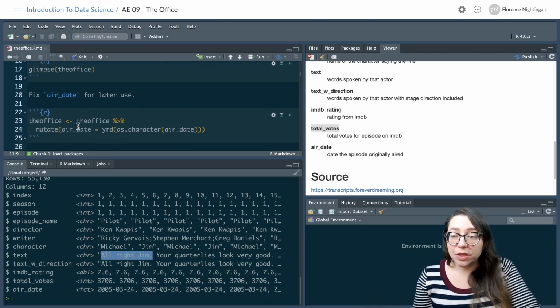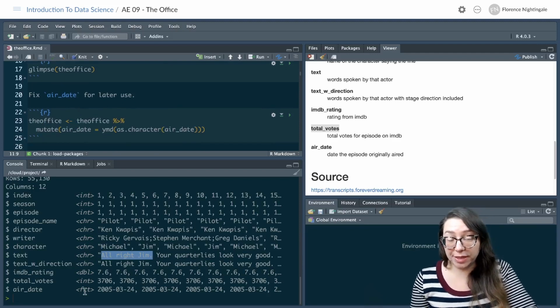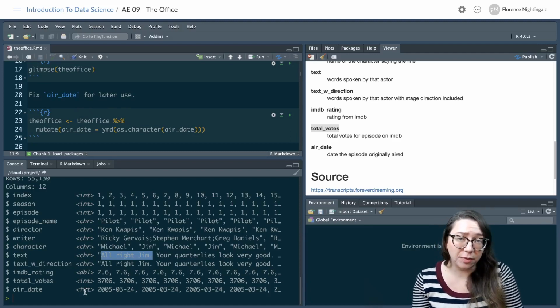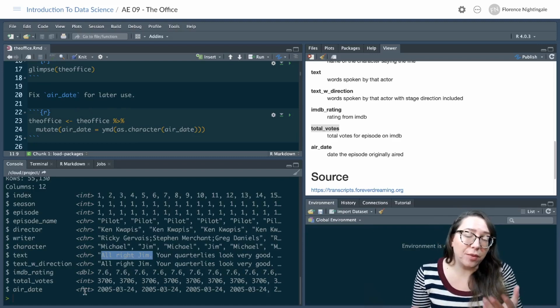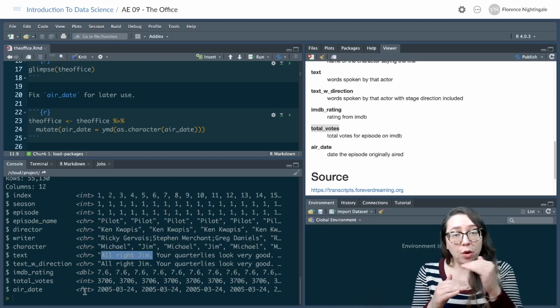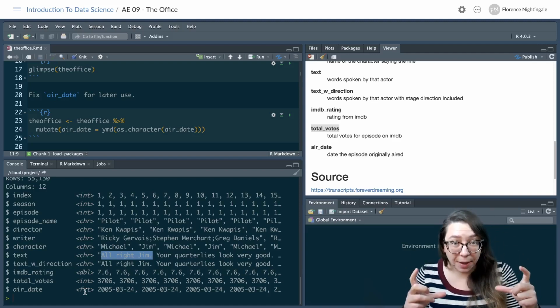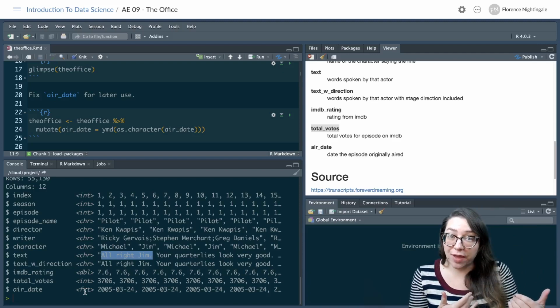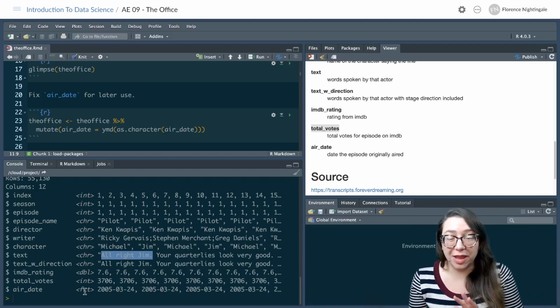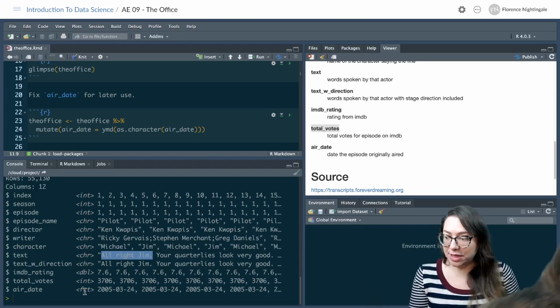Okay. So one thing we want to do before we get started is that as I was playing around with the data set in this package, I realized that air date was coded as a factor variable. Maybe that makes sense. We have a lot of repeated data in the air date column because remember we have a row per each line spoken. So for a given episode, we're going to have a lot of that sort of episode metadata repeated. But we're going to convert that to a date object because we're going to ultimately in this application exercise compare what we're doing to the results we had